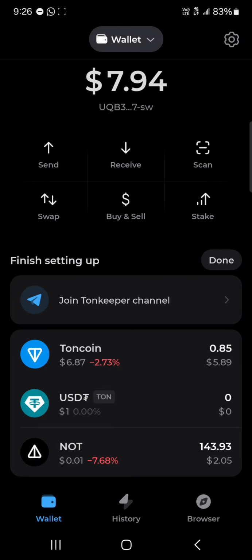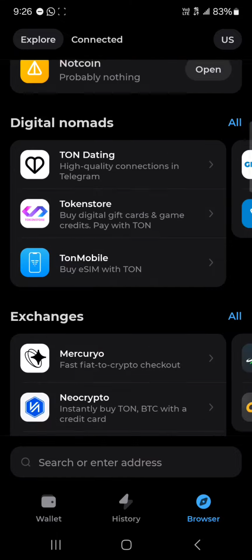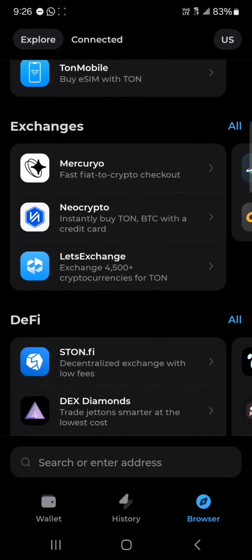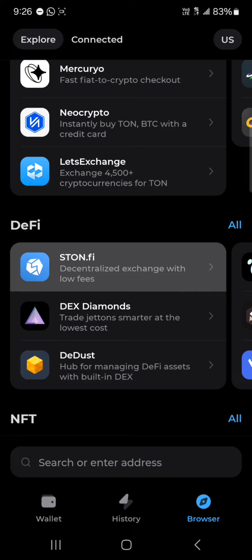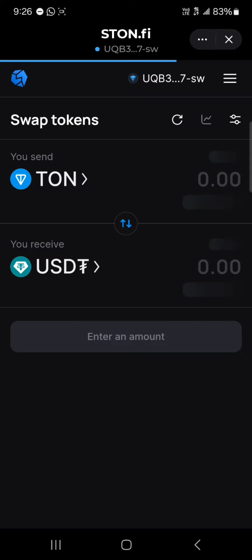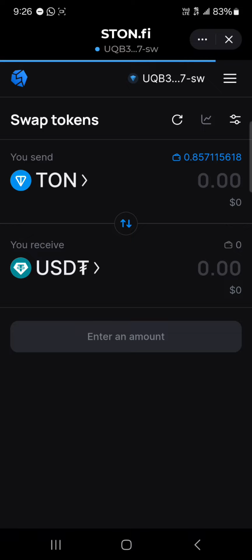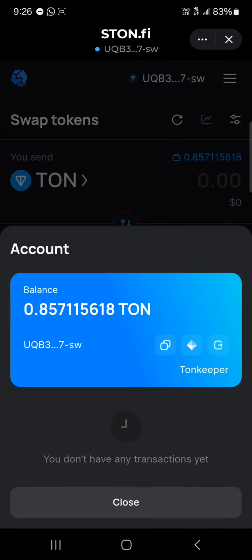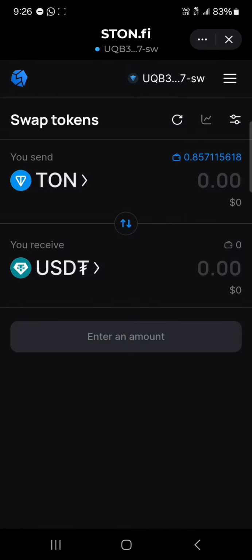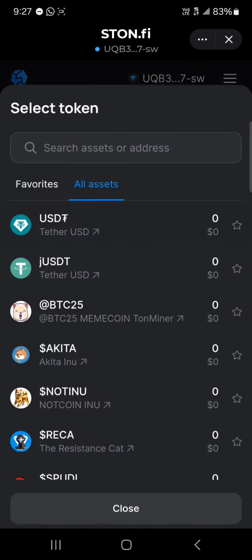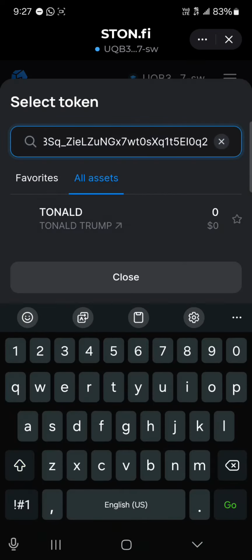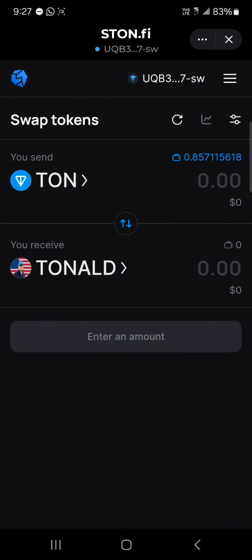Now head back, click on your browser, scroll through from your digital nomads till the DeFi option and select Stone.fi. Once you've selected Stone.fi, your wallet will be automatically connected. Otherwise, you simply connect your wallet by clicking on the connect at the top of the screen. So once you've connected, you'd find send Ton, receive USDT. So in place of USDT, click on USDT, paste the contract address for the Tonald coin, click on Tonald, and